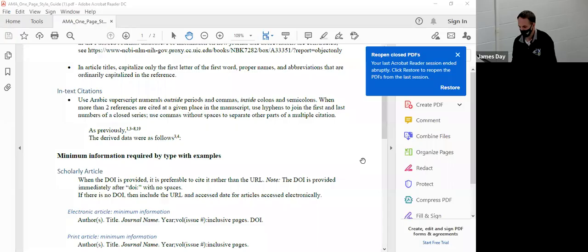The long answer is in these style guides that are on your modules. This one page style guide for the AMA is my favorite because it kind of just gives you in one page what you need. So your in-text citations